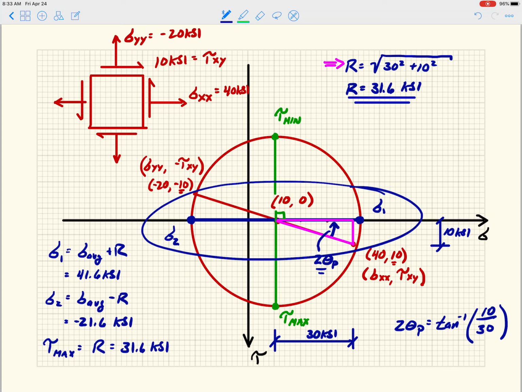Because that circle is centered on the sigma axis, it crosses the sigma axis in 2 places. Those 2 places are 180 degrees apart on the circle, which means they're 90 degrees apart, or mutually perpendicular, on the stress cube. And they're free from shear stress because they're located on the sigma axis. So those are sort of the